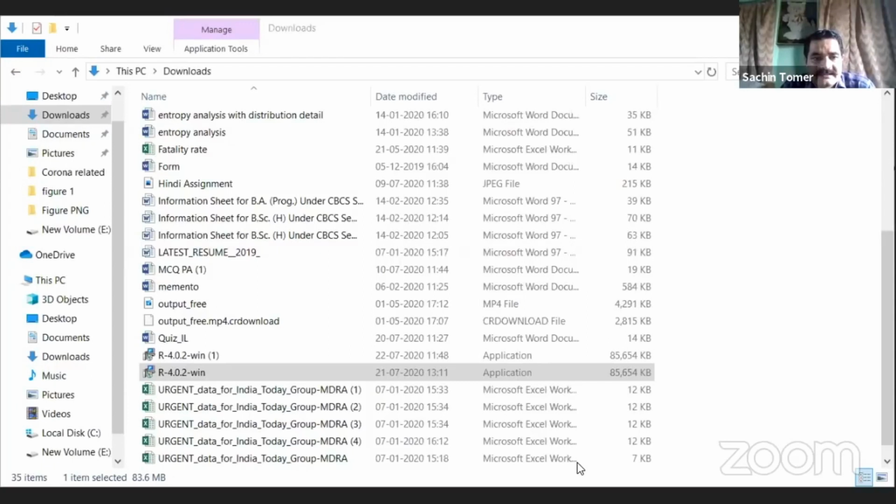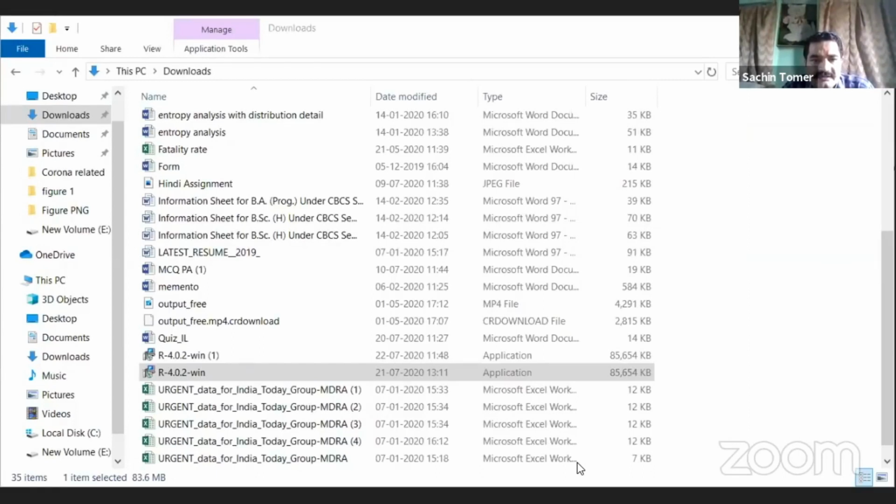Here, core files, you have to click on all the check boxes. 32-bit files are there. 64-bit files are also there. So you have to click on both and then click on next. Then there are two options: yes, do you want to customize the startup options? I ticked no because I am going with the default settings. So I click on no. Click on next. This is the function R.